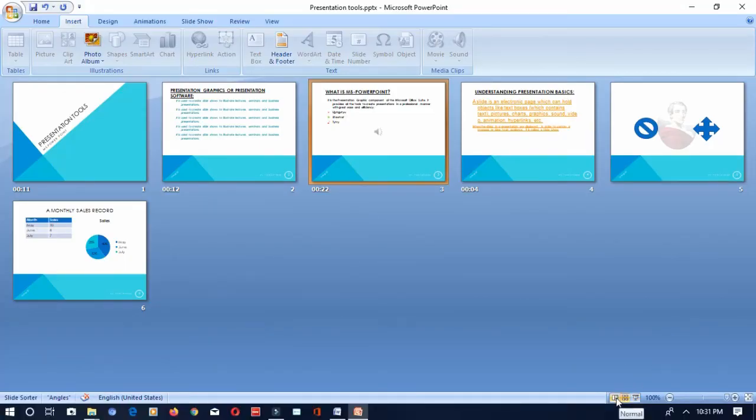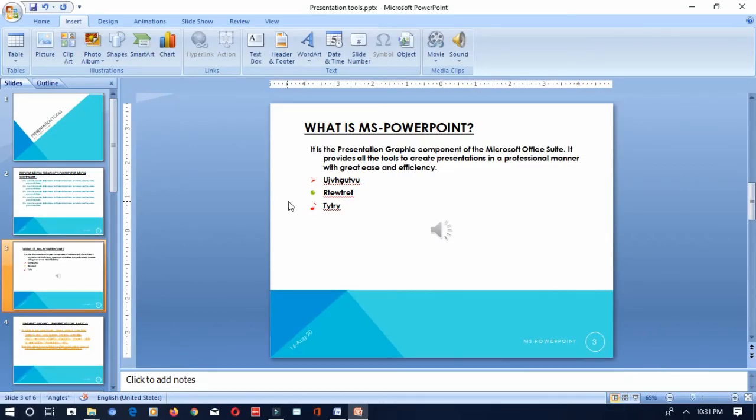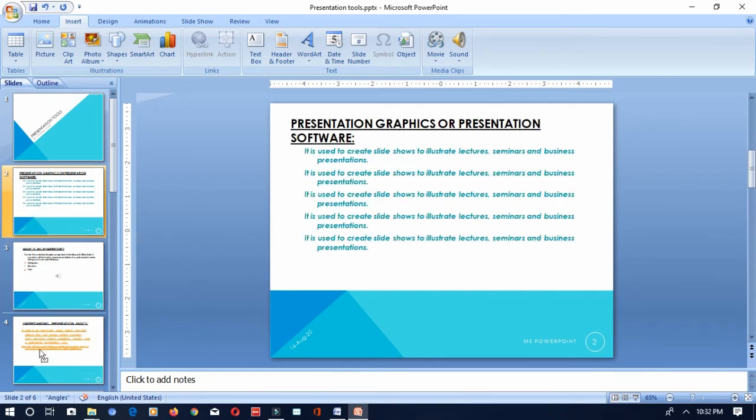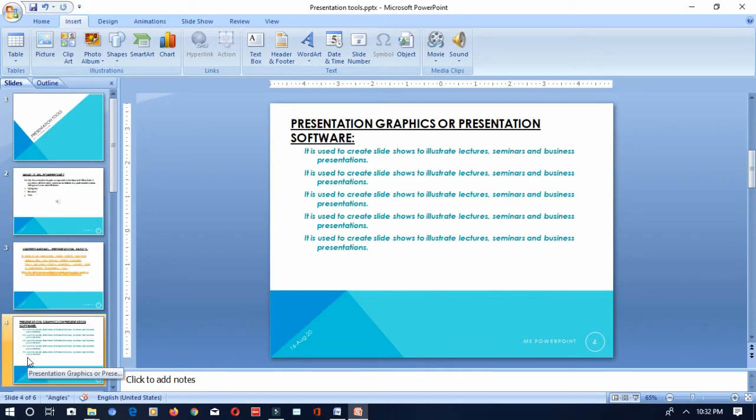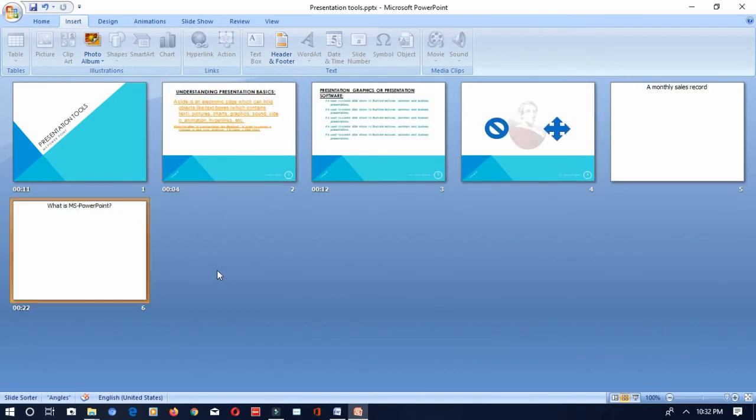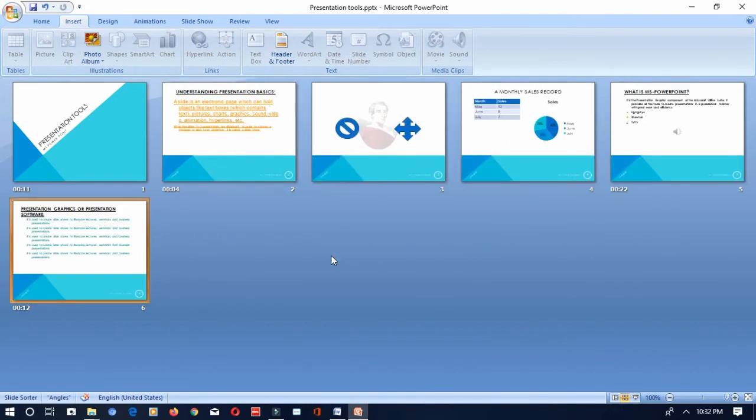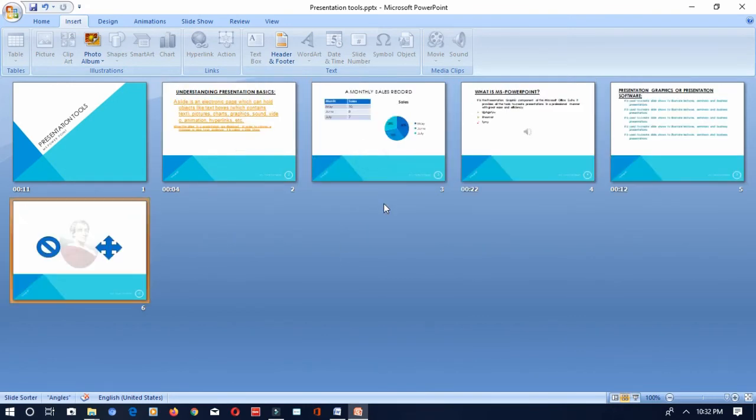You can arrange the slides using the normal view and also the slide sorter view. So here, if I want to change the second slide to third number or fourth or fifth, I can click on the particular slide and drag and drop it wherever I want. Or else I can go to slide sorter view and change the positions like this, drag it and drop it wherever you want.